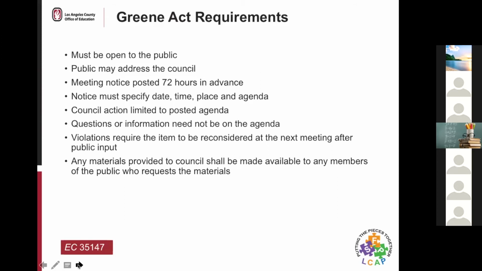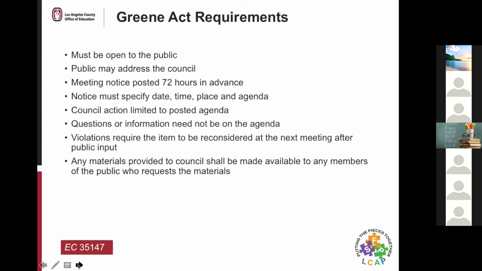The Green Act also requires that council action be limited to what's posted on the agenda. So if it's not on the agenda, the council can't take action. However, questions or information that aren't on the agenda can be considered, but they can't take action. Violations of the Green Act may require that the item be reconsidered at another meeting after they've had public input.